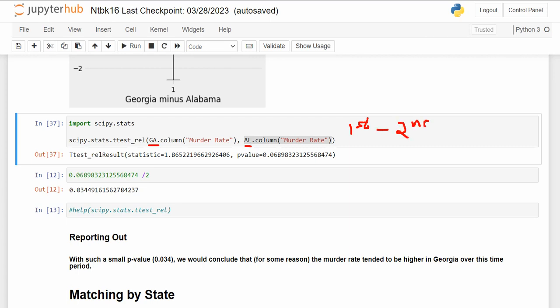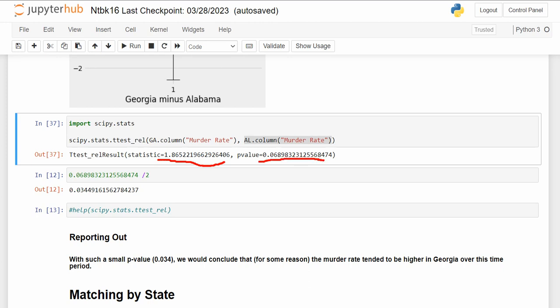Okay, and so we need to know that. Why? Well, because Georgia minus Alabama, if Georgia is higher, Georgia minus Alabama will be positive, right? And if Georgia is lower, Georgia minus Alabama will be negative. So we need to know what kind of situation we're testing for, which is why I'm emphasizing this first minus second. Okay? So what happens, we get the printout